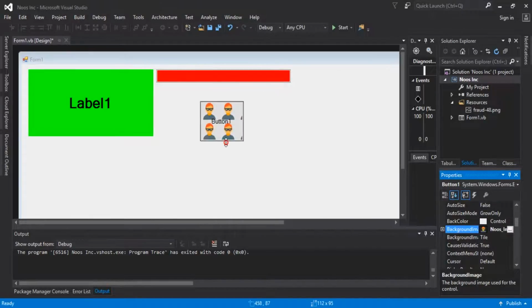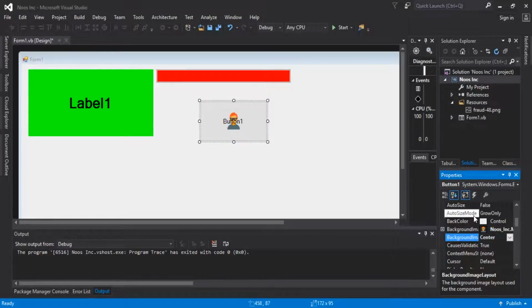Okay, you can see the background image. If you want to tile, it will repeat suitable with the size of the button, but I want center, or I want not center, I think. Okay, like this. Also I can set in